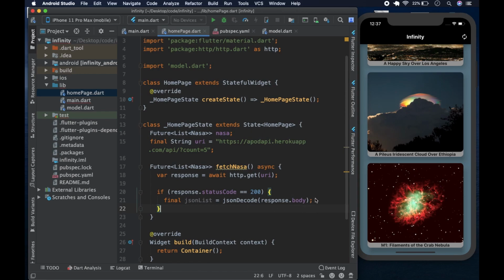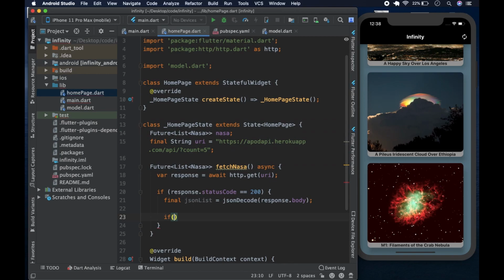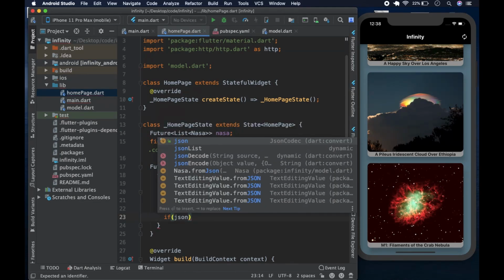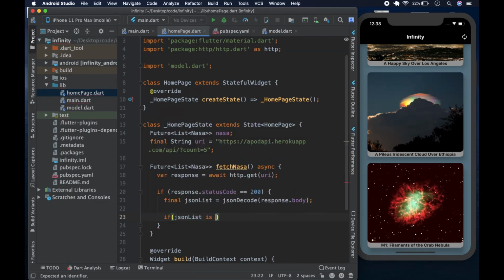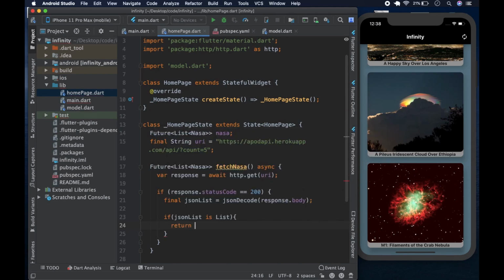After that we're going to have another if clause and say if jsonList is a List, if we have actually gotten back a list, we are going to map through the list, return jsonList